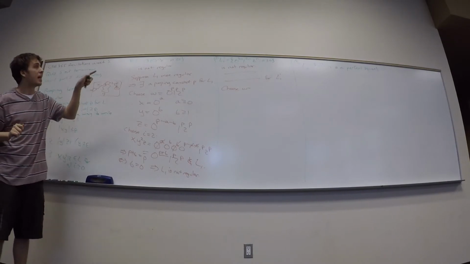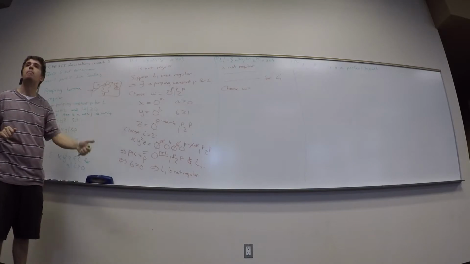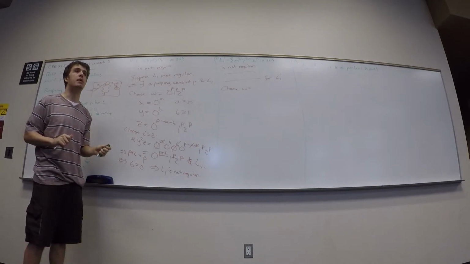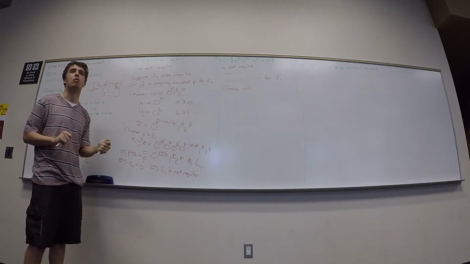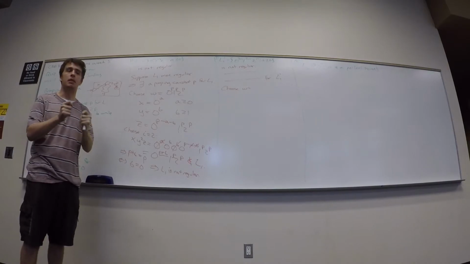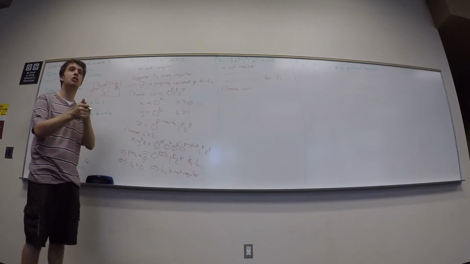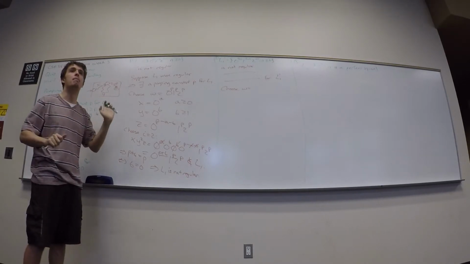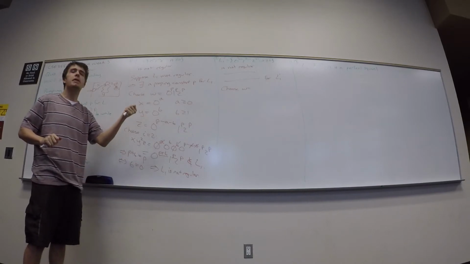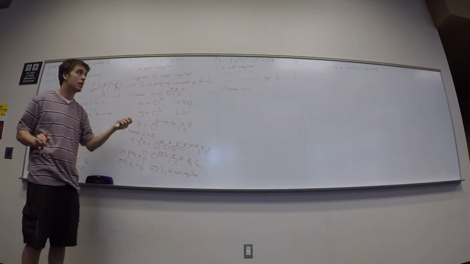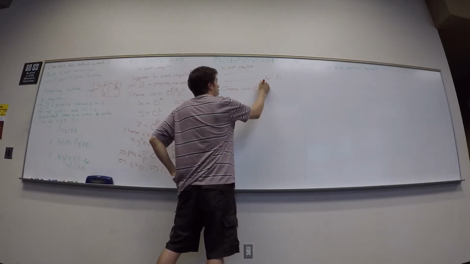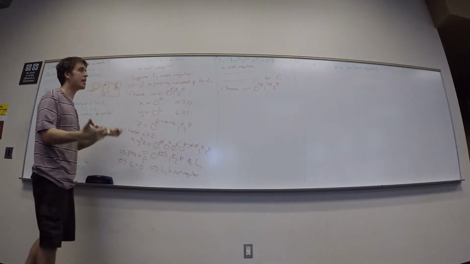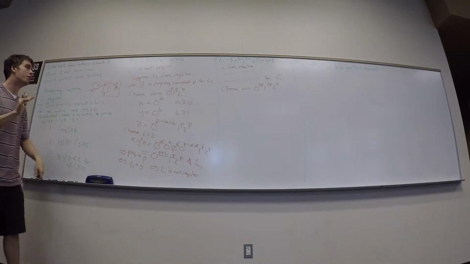Here's a tip. Anytime you see n in the exponent, put p there. Okay? Does that work every time? Not always, but I'd say 98% of the time it works that way. The trouble is if the language is actually finite, then therefore it's regular, or if you have two things working together. But most of the time it works. So what would be a good string for this? 0 to the 3p, yeah, 1 to the 2p, 2 to the p. And that's certainly in the language and definitely has length at least p, so we're fine there.